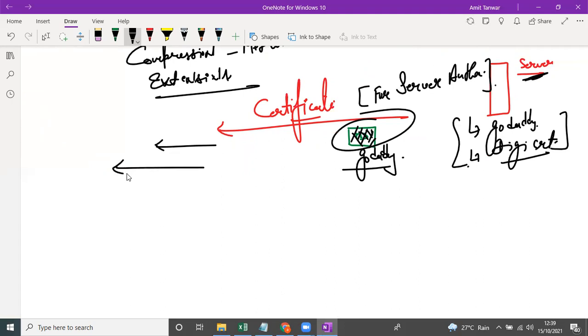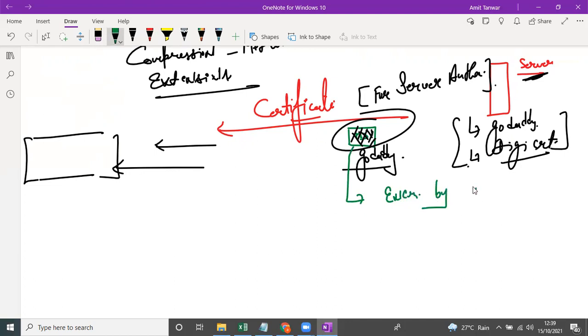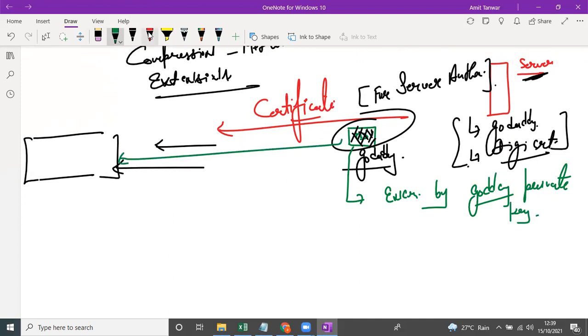Then the client will be verified with the help of the expiry date. The client will check whether this is the authorized person or not. On the server side, this certificate will be encrypted by GoDaddy's private key. Once this certificate reaches the destination side,